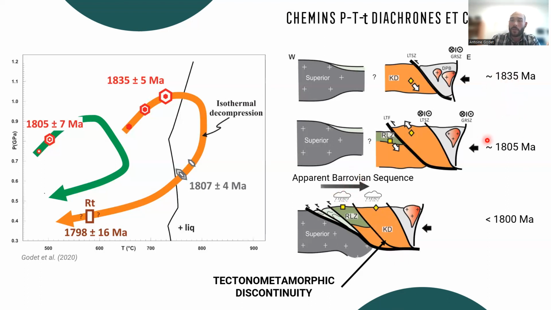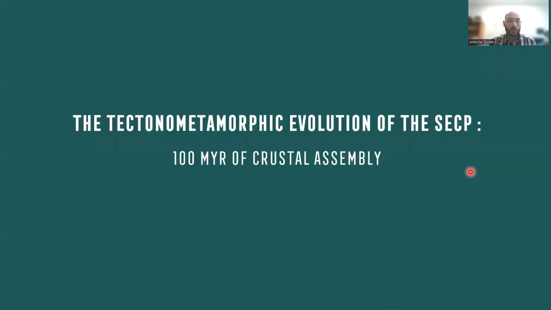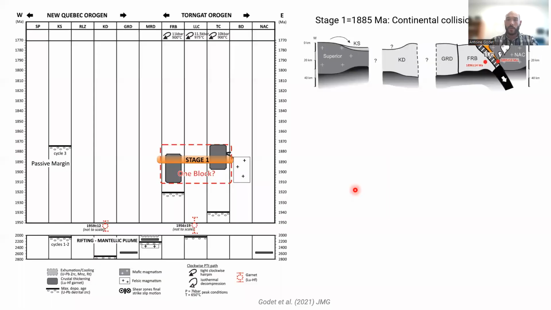And the timing of the burial of the supracrustal sequences records a lag of about 30 million years in this specific region. Okay, so it's time to wrap up. So we have a tectonometamorphic evolution of the Southeastern Churchill province with about 100 million years of crustal assembly. So if we wrap up a bit and we look at the evolution, so first,